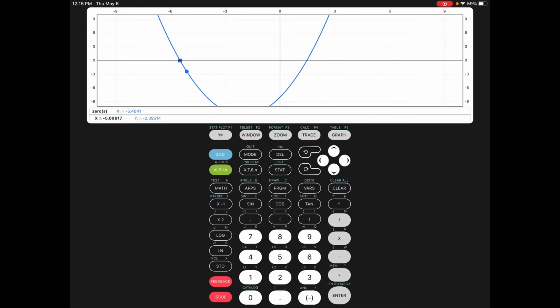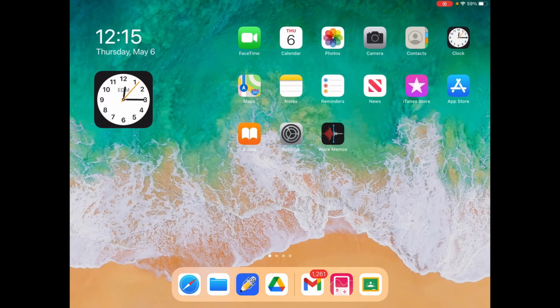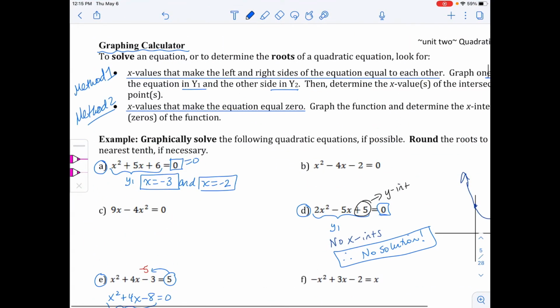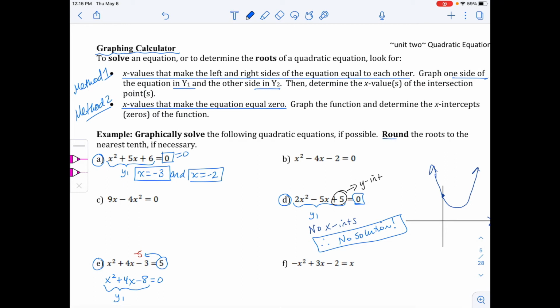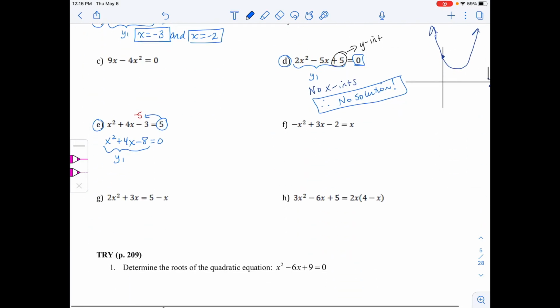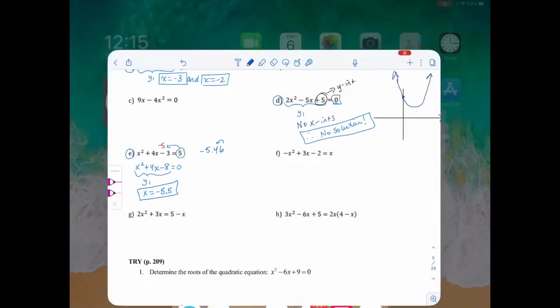and right away I've got negative 5.46. At the very beginning of the example, it said round the roots to the nearest tenth if necessary. That, of course, means 1 decimal. So negative 5.46, which of course would be negative 5.5, right? Negative 5.46 means we round up to negative 5.5. So there's one of our answers. The other one,